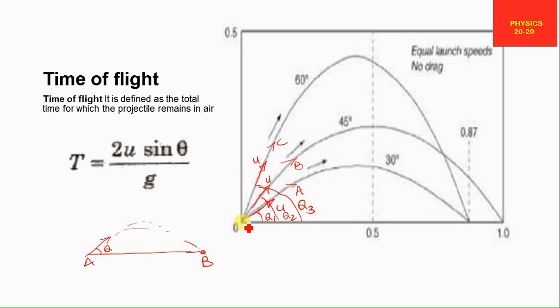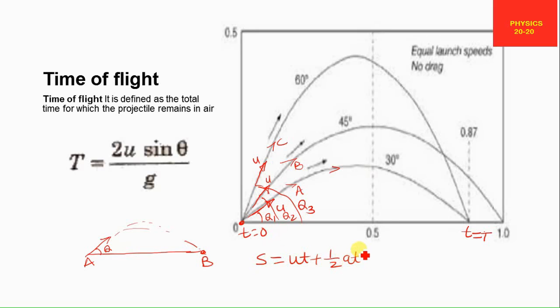Okay. Then we find out the time of flight. Time of flight means the time it takes from the start to the end. Let us suppose we consider this path. This is t equal to 0 seconds, and here t is equal to capital T seconds. So this is the time of flight. Time of flight can be found with the help of the kinematics equations. We take the help of the second kinematics equation.